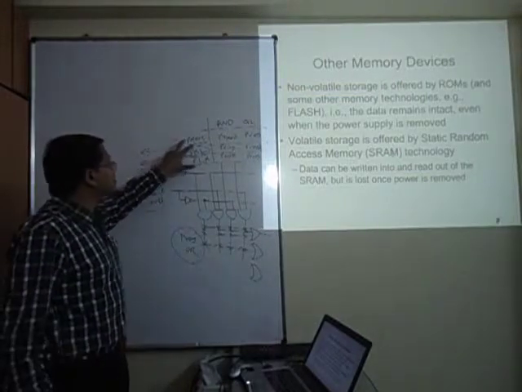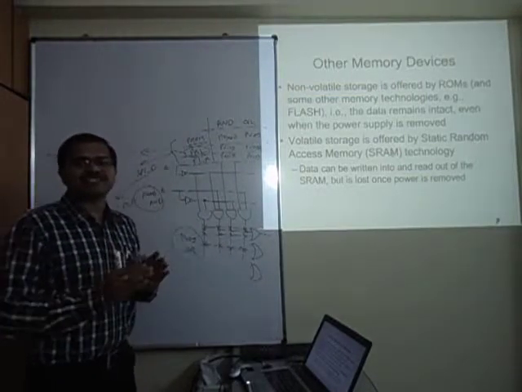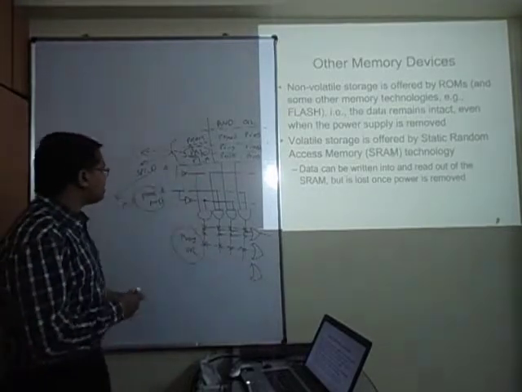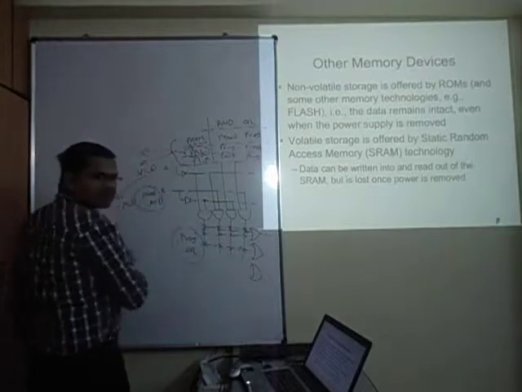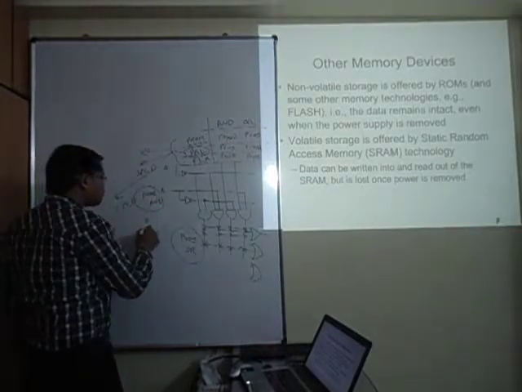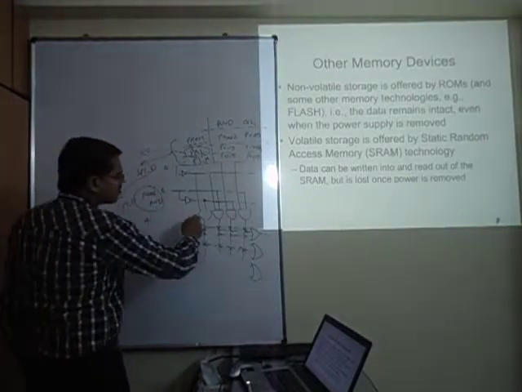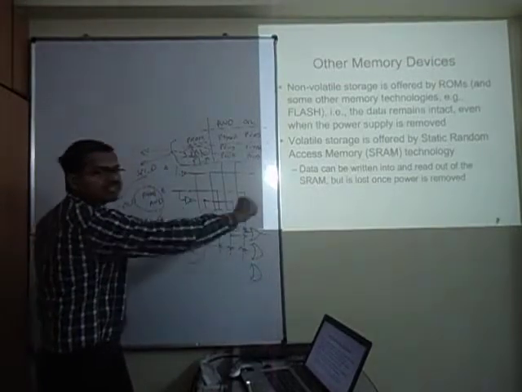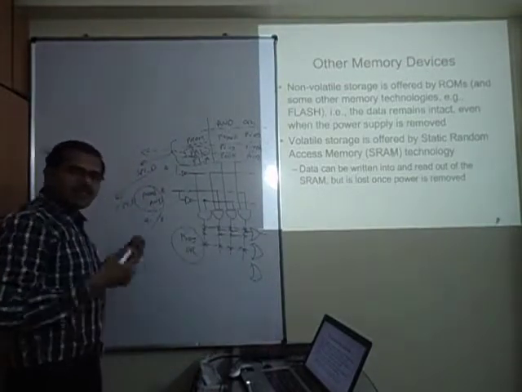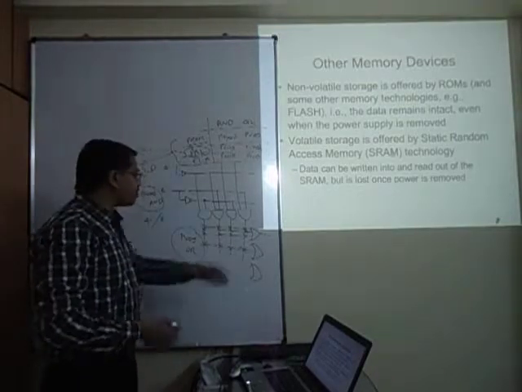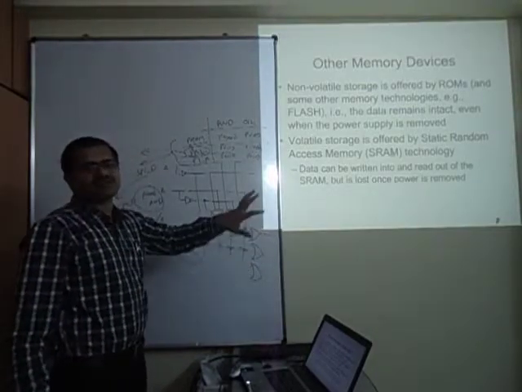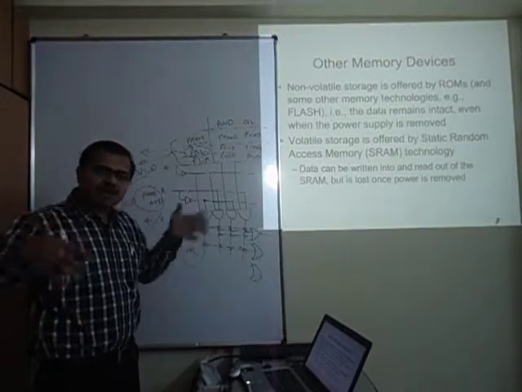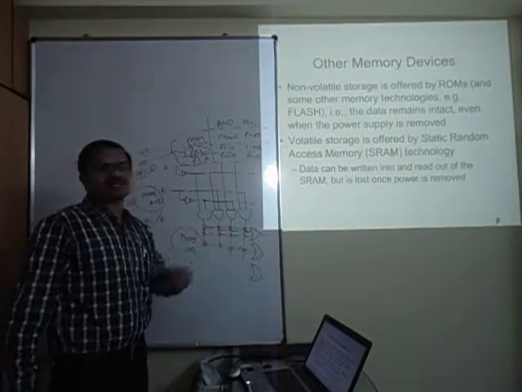But what happens is, these have an architecture-wise limitation: they cannot scale up. For example, now you are able to do it because there are only 2 Boolean functions. If you have, let us say, 4 Boolean functions, you have to come up with 16 of these. If you have 8, then you have to go to 256. But in 256 minterms, 200 minterms are not used by any OR term at all.